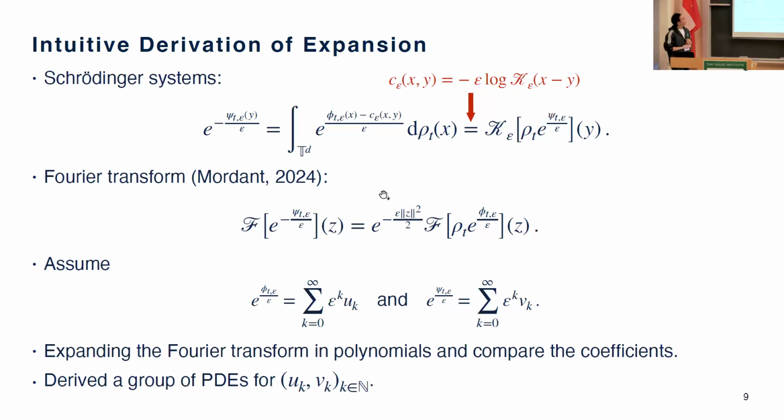Since we also have the connection between this cost function and the heat kernel on the flat torus, we can take this cost function C epsilon and write this integration as the convolution of the heat kernel and this multiplication. And to decouple this convolution, we take the Fourier transform, motivated by Mordant's paper in 2024,